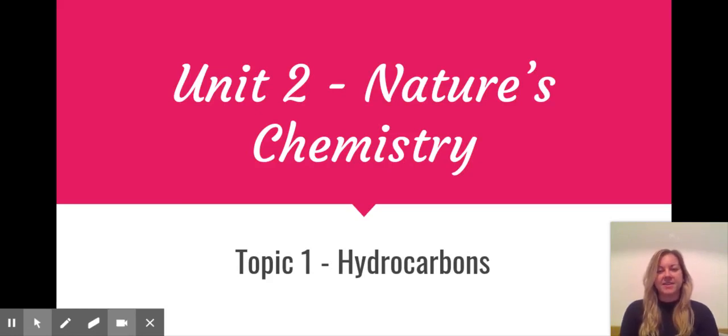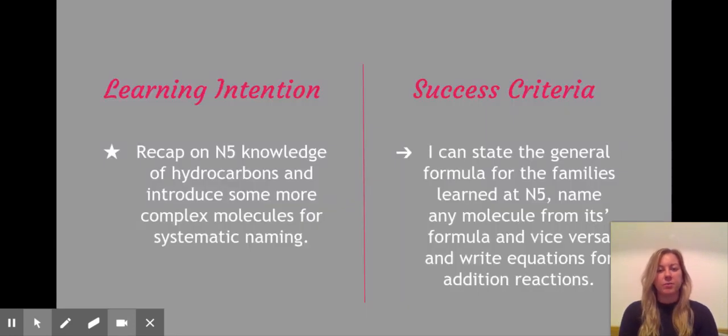Hi guys, this is Unit 2, Nature's Chemistry. We are going to be doing topic 1, which is hydrocarbons. Most of this is revision from Nat 5, but we are going to put in some higher content as well. So we're going to recap Nat 5 knowledge of the 3 families of hydrocarbons and introduce some more complex molecules